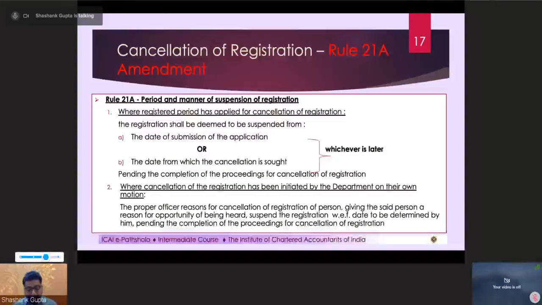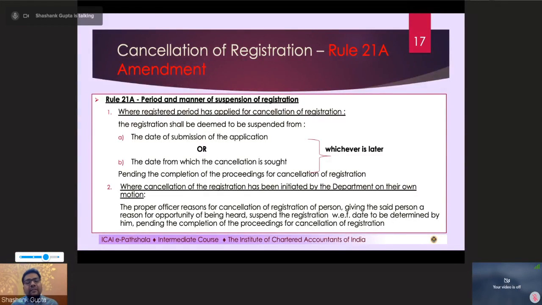Because let me tell you, generally the government's understanding is that we need to check what are the kinds of transactions that a person has done during the course of registration, whether he has paid the tax correctly, whether he has availed the due ITC,